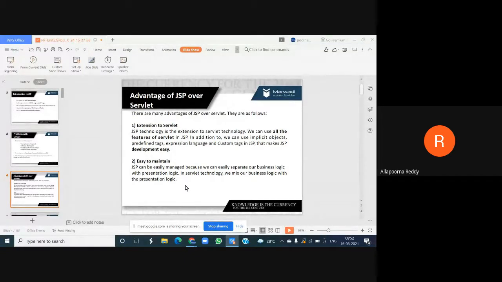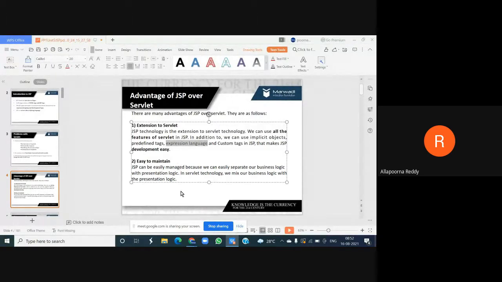Not only that, in addition we can use implicit objects and some already defined tags, which we call predefined tags. And very important, I can define my EL. What does EL stand for? Expression Language. And not only that, we can define our own tags, which we call customized tags,